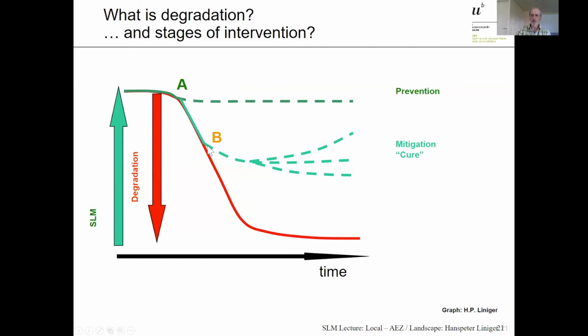Now, how can we slow down that process, maybe stabilize it here, or if we are a bit more ambitious, we go up. We would like to reach that state. We have a potential, we are below that potential. And the third one,